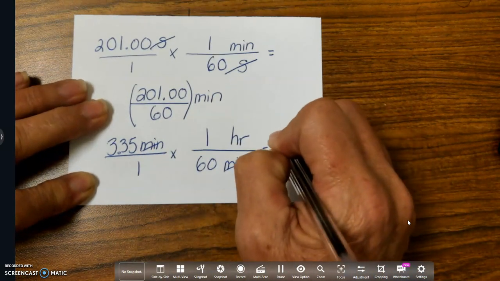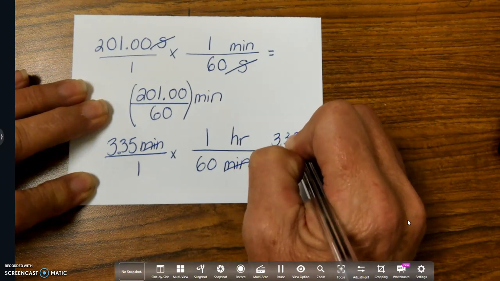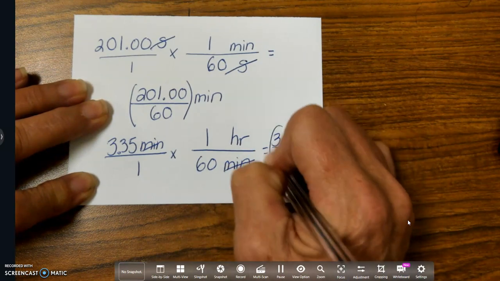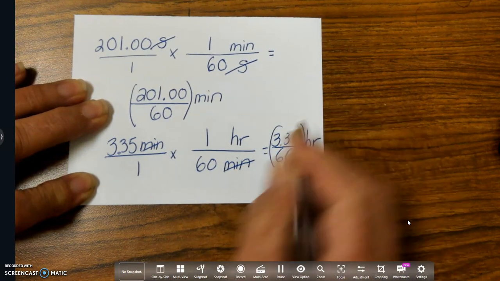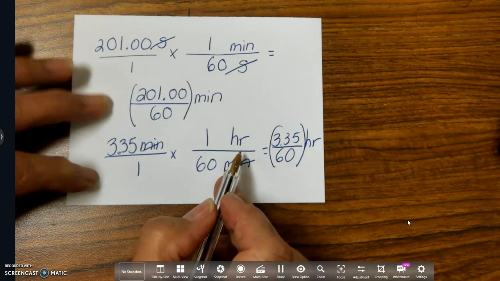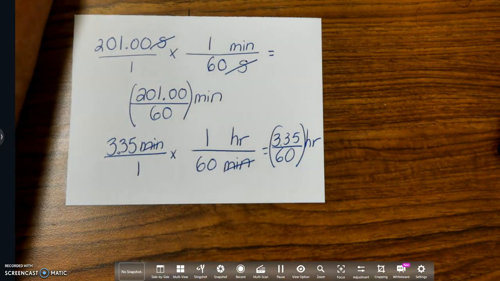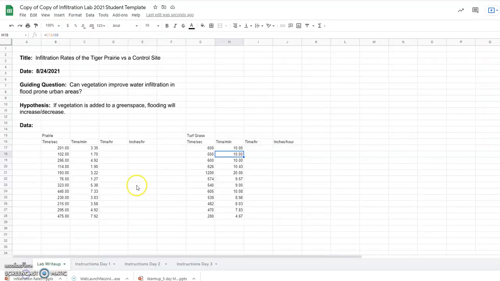That's another way of saying 3.35 divided by 60 hours. So again, I'm taking this number and dividing it by 60. So let's go back to our sheet. And I'm going to say equal. I'm going to tell it to do this. Go to this cell, divide by 60,